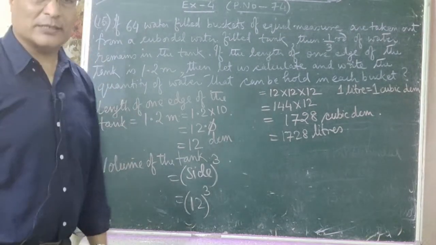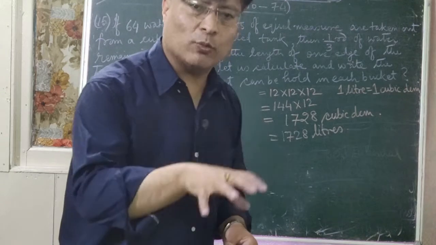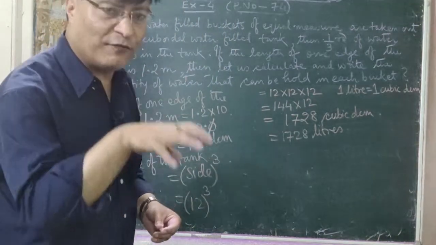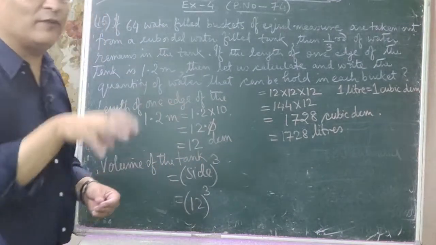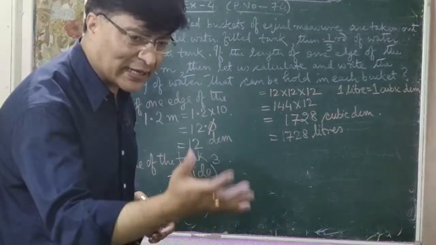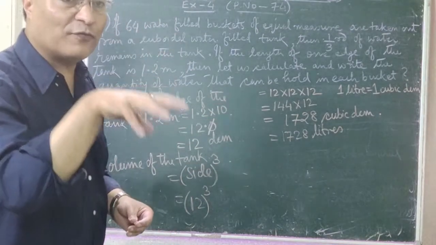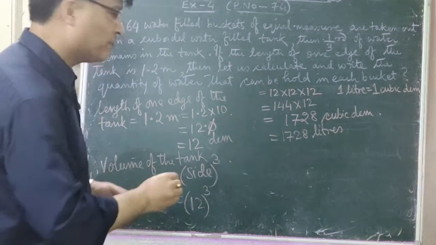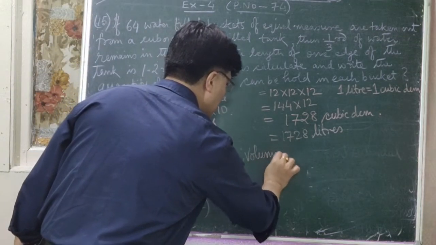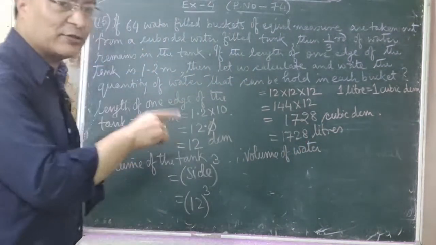तर क्वेशनले के भन्दैछ, यदि 64 buckets filled with water have been taken out, तो यो पानी निकालेपछि त्यो ट्याङ्कमा कति पानी रह्यो? 1/3 of the water remains in the tank. So therefore volume of water remains in the tank is equal to